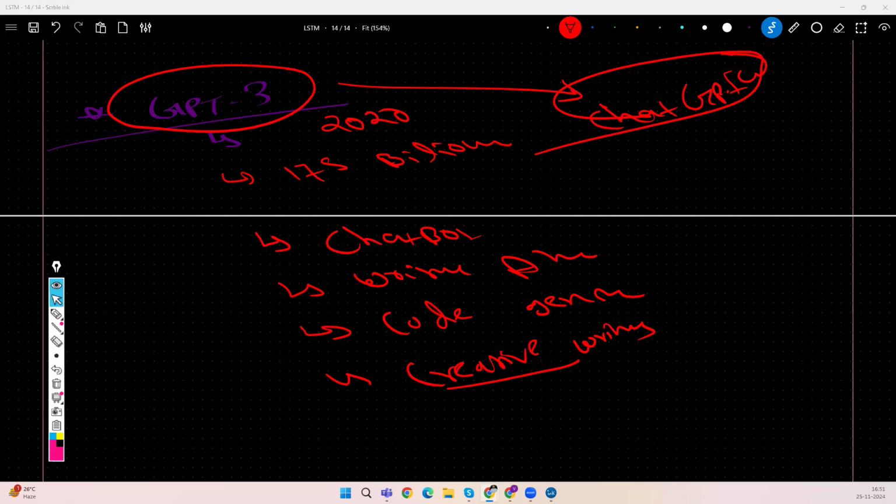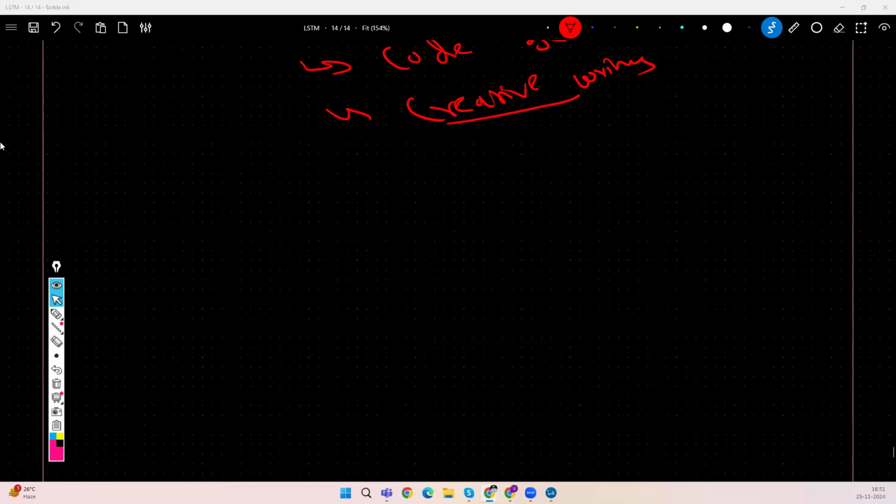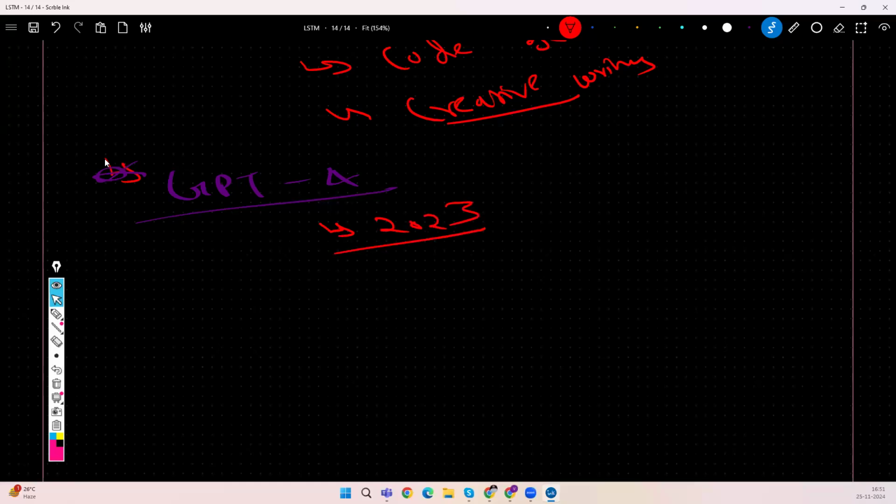Now after that, we have the next model called GPT-4. Now in GPT-4, this particular model was released in 2023. Here, for the parameter size, we don't have any idea, because the OpenAI organization has not released anything related to GPT-4. That's why we can't state any parameter count right now, but some sources, some news channels, say that